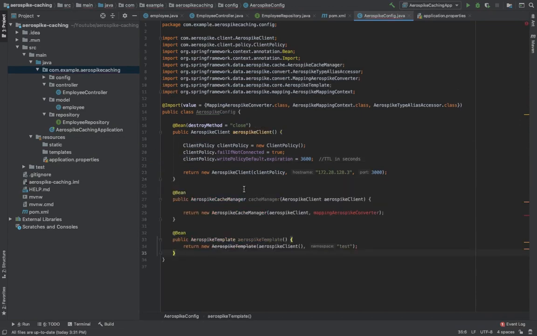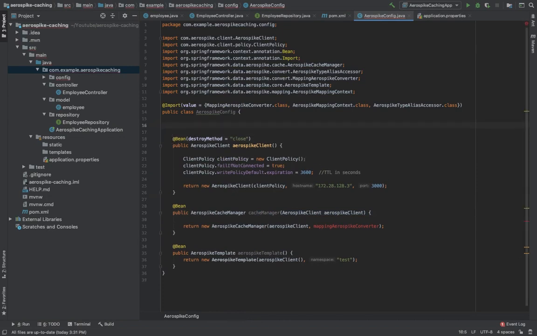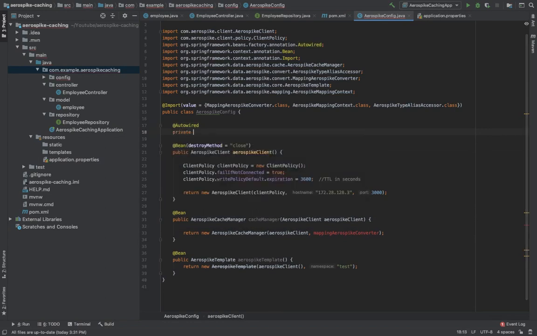Next, pass this client to the cache manager. Autowire the Aerospike converter. This converter will map your API response to Aerospike. And if you have unit tests in your application, then you will need this Aerospike template.